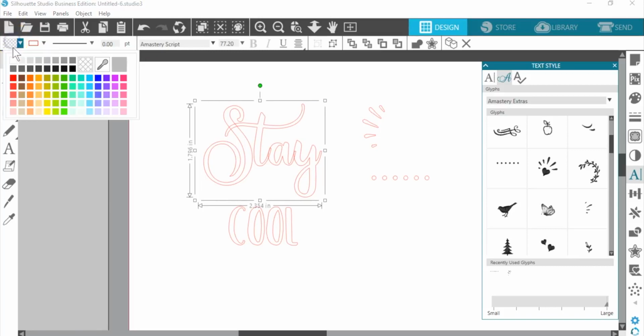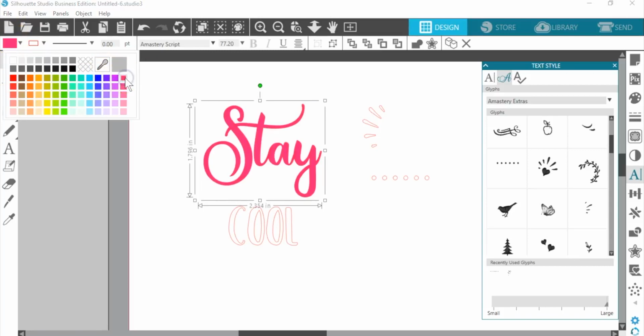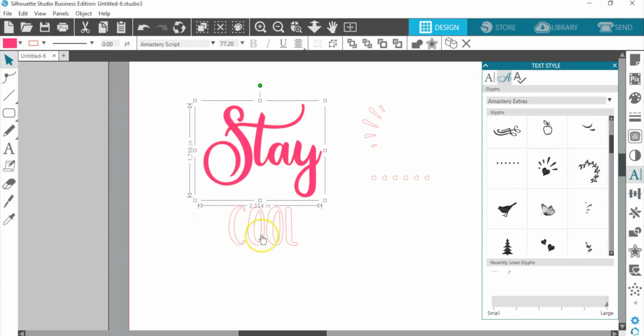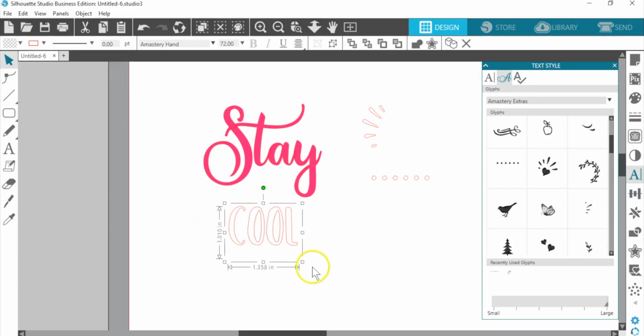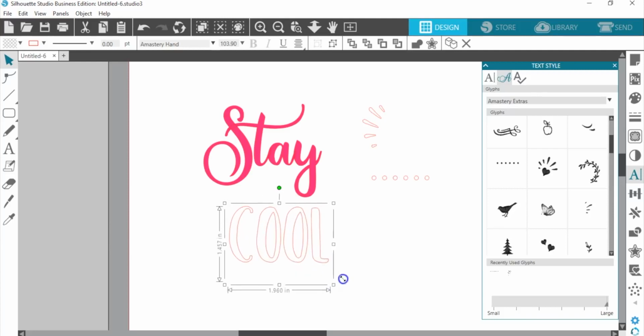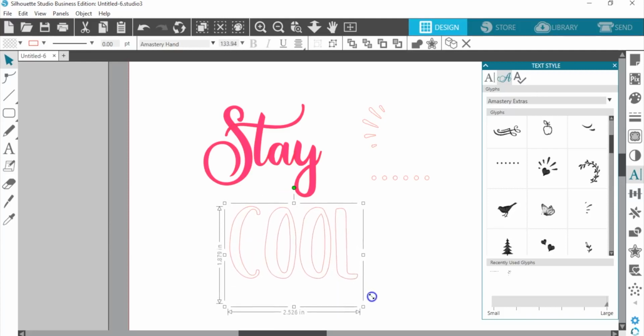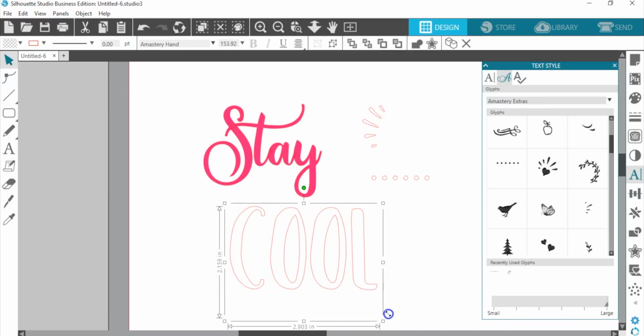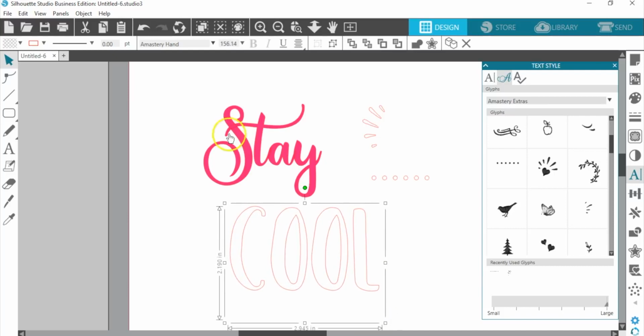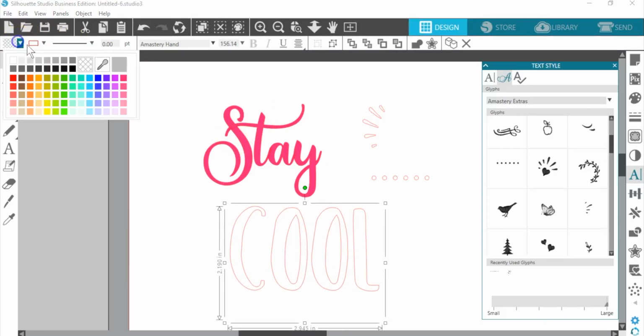So while it's still selected, I'm just going to choose the pink from my fill color in the quick access toolbar. And then the cool, I want it to be about 3 inches wide. And I want it to be black.